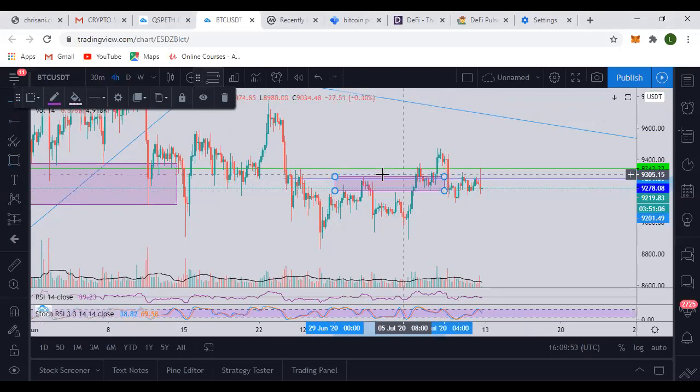You understand? So this was a resistance zone. The price came down, finished running around downward, came up, broke through, and then became a support zone. So a support will always turn to a resistance, and a resistance will always turn to a support once we have a breakthrough or a breakdown.